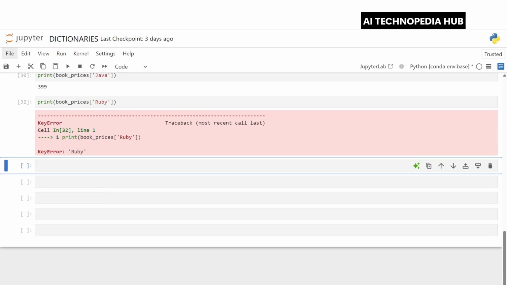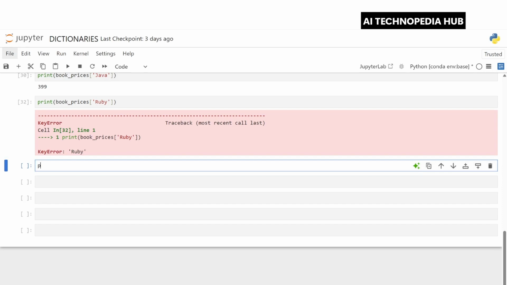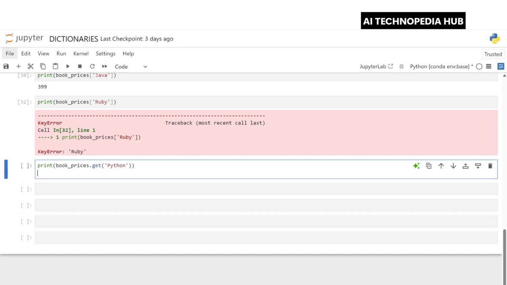Another safe way to fetch a value is by using the get method, dot get with the dot notation. This won't crash your code even if the key isn't there. Now let's look at this. So print, we give book_prices and let's do dot get, and in parentheses let's pass Python and close the bracket.